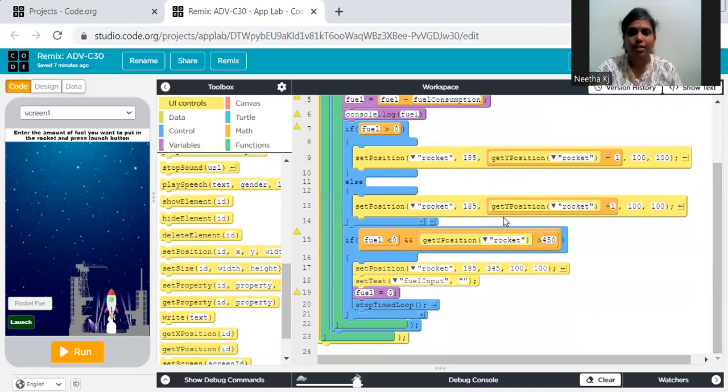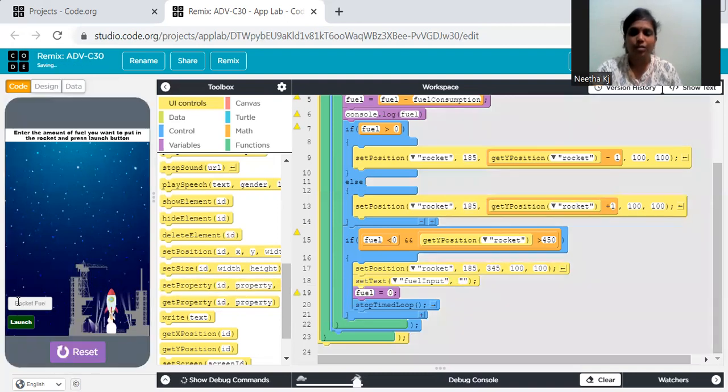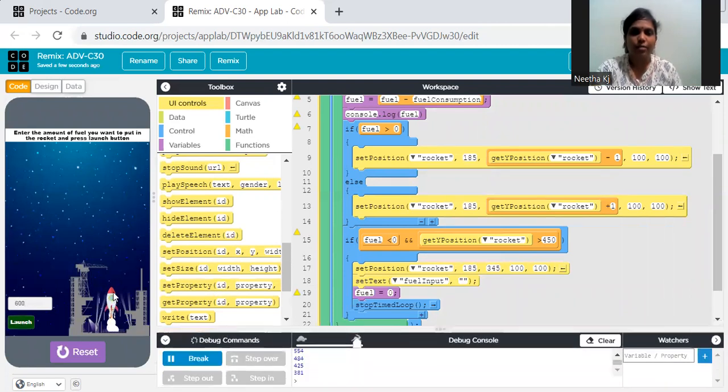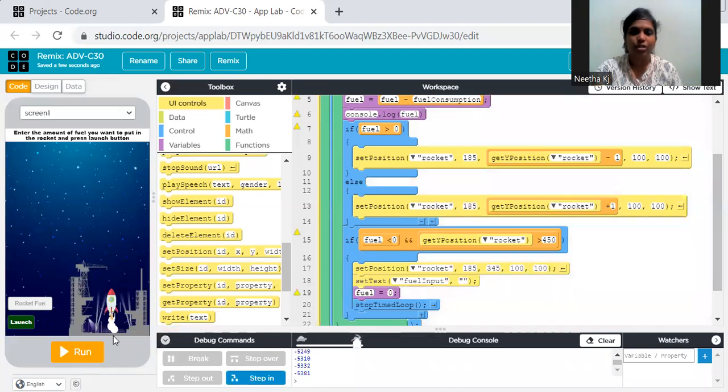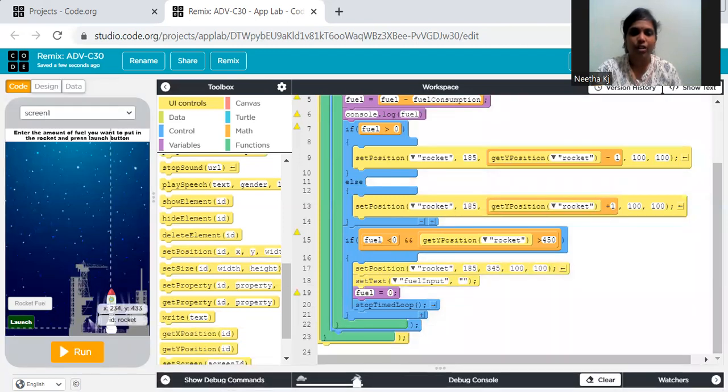Okay. Next, over here you can observe that when I say, for example, 600 and I say launch, the rocket is going up. As soon as it is done, it is going down. You can observe that once the rocket has gone fully down, it will come back to the same position as at the start. You see that? It went down, it came back to the same position. That means as the rocket has gone fully down, it has to come up